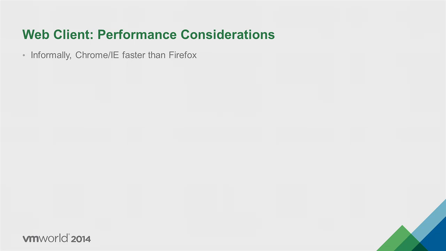So I'm not going to lie and say that we're going to make this web client blazingly fast by the things I'm telling you to do here, but I am going to say that informally these are things that have helped our web client experience in the 5.5 time frame. The first thing that we've observed is that Chrome and Internet Explorer, whether version 9 or version 11, both seem to perform better for us than Firefox. Now, this might sound counterintuitive, and I'm deeply sorry about this as a performance person, but